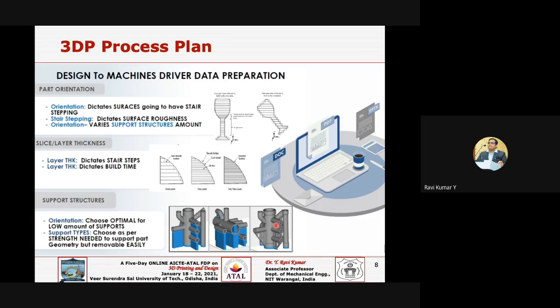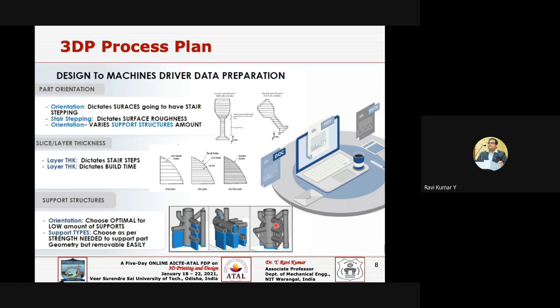Because predominantly it depends on the raw material that you are using. Some processes use powder, some use filament, some use a liquid, and you may use a different physics altogether from one technology to other technologies. So we cannot generalize